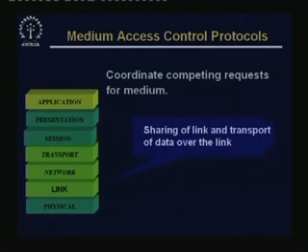So, sharing of the link and transport of data over the link, that is in general the description of what the data link layer does. So, when we share a link, there is a question of competing requests and we have to have some way of resolving that, and of course, there is also a question of transport of data over